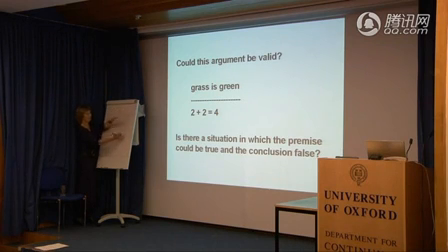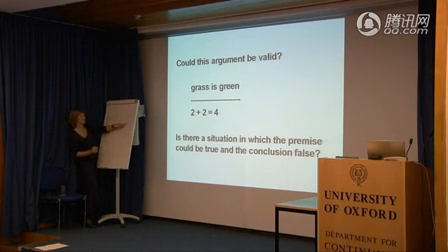So let's test for validity again, okay? Now in this world, the premises are true, true, and false, and the conclusion is true. Is that all right, or is that a counterexample? Is that still valid? So it's not the case that all the premises are true. The conclusion is true, but that's okay, it's still valid, isn't it? What about false, true, true as the premises, and the conclusion is false?